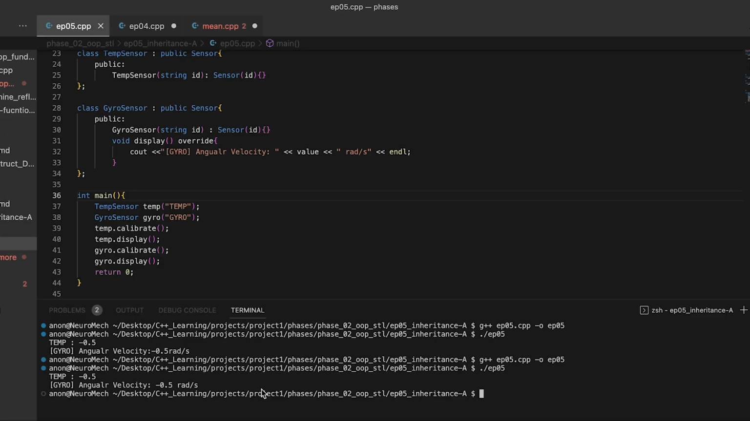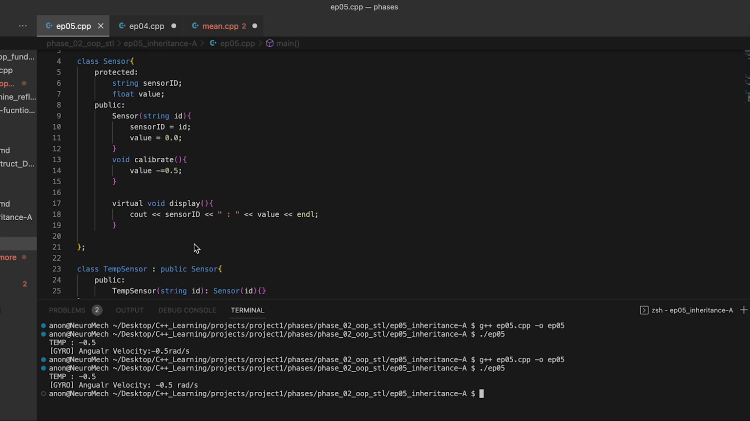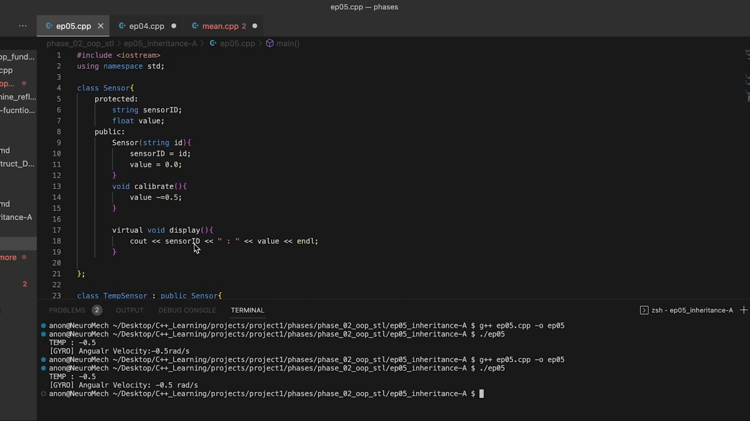Okay, so here, notice that both of them are minus 0.5 and then minus 0.5 radians per second. So the display function is different from the display function in the temperature sensor, okay? And we can add other functions. For example, we can add the read function and basically add a value, and that value will be subtracted from the 0.5, and then it can give us a